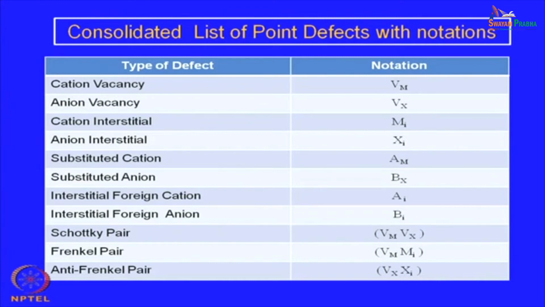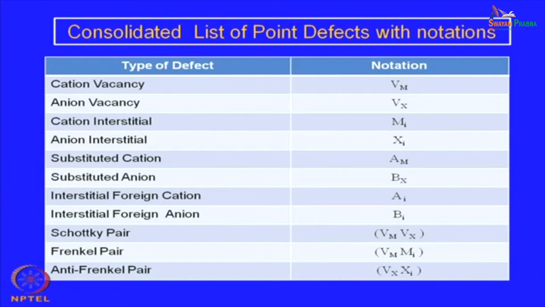Interstitial foreign anion is Bi, and then we have Schottky pair, which is a pair of vacancies. So, it is Vm and Vx. Frenkel pair is different, not both of them are vacancies: one is a vacancy, another is an interstitial,